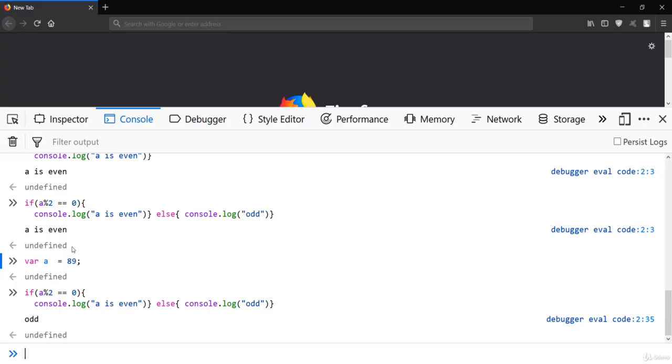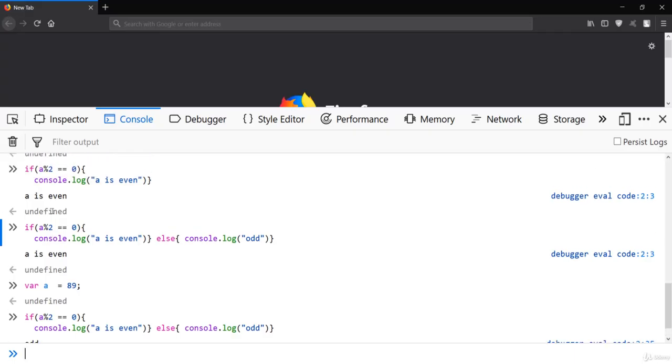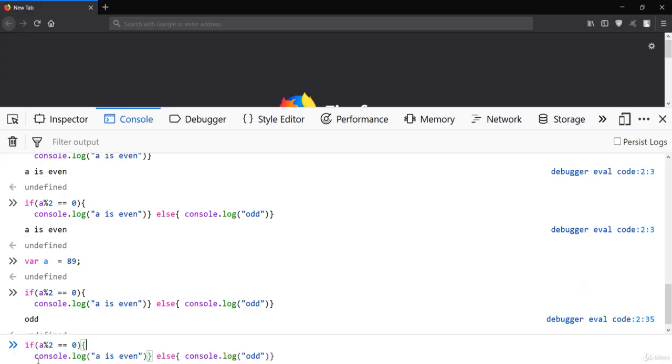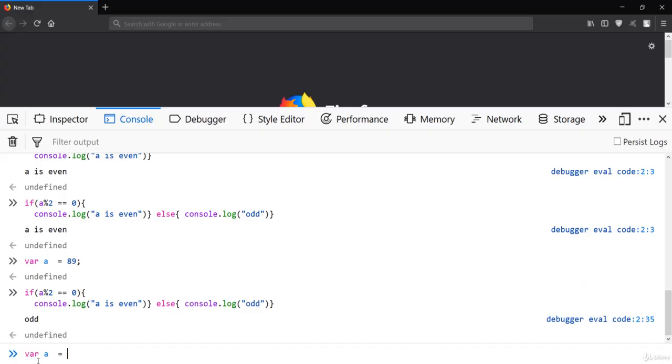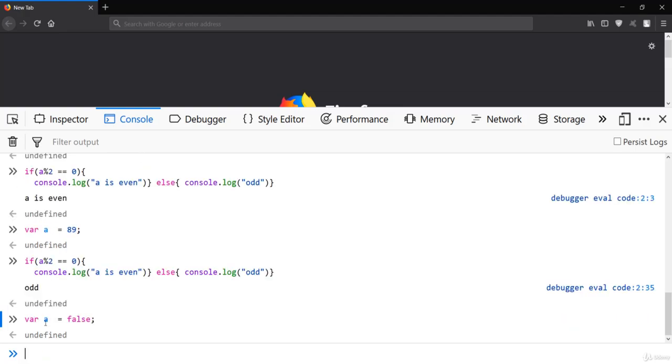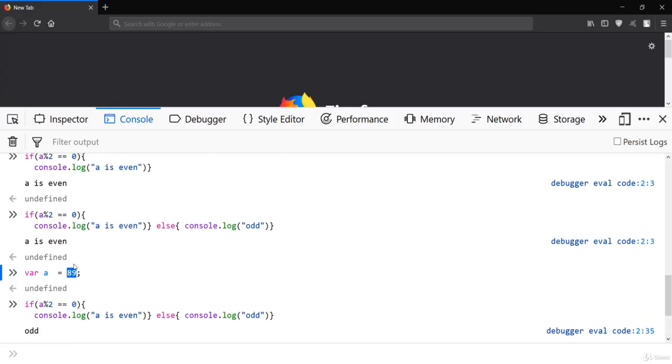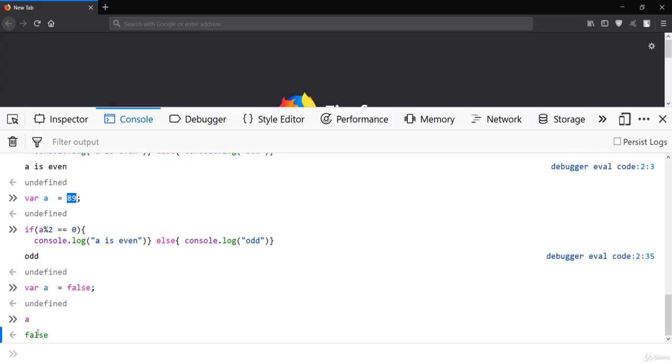And you can simply see that when you change the variable over here from even to odd, it is dynamically typed. So if I just create something like, instead of 89, you can also put here false. So now a has been changed to boolean, which was number over here, but it has been changed to boolean right here.